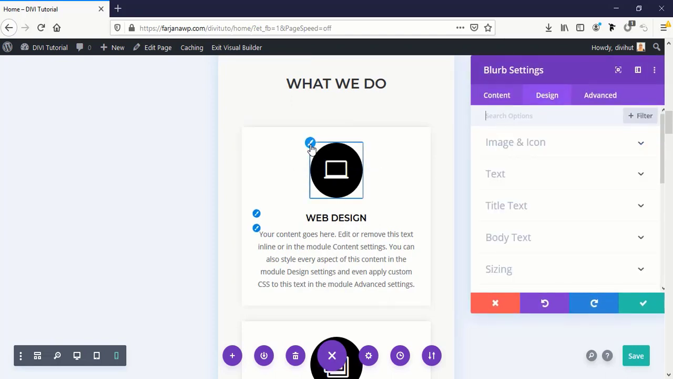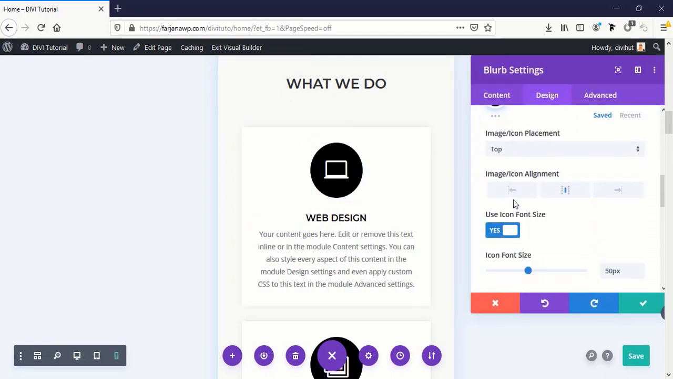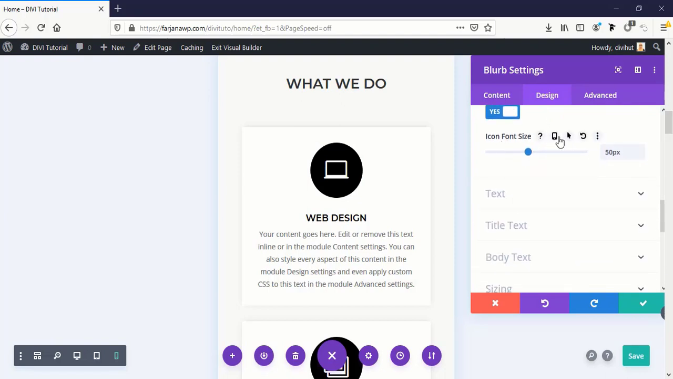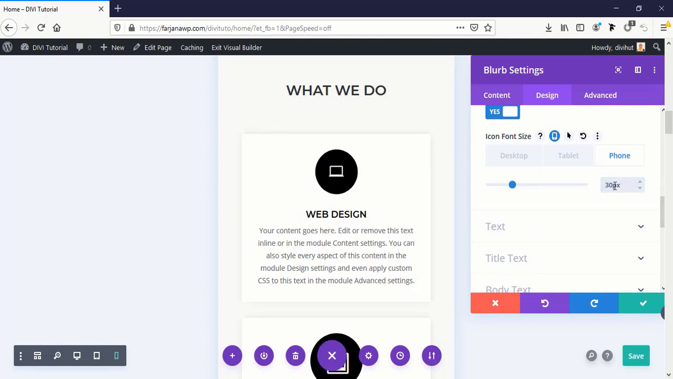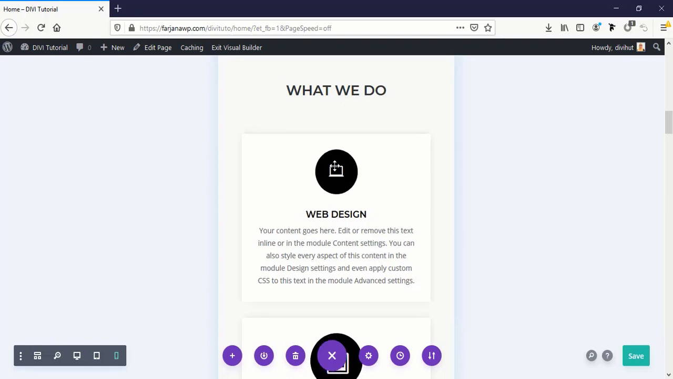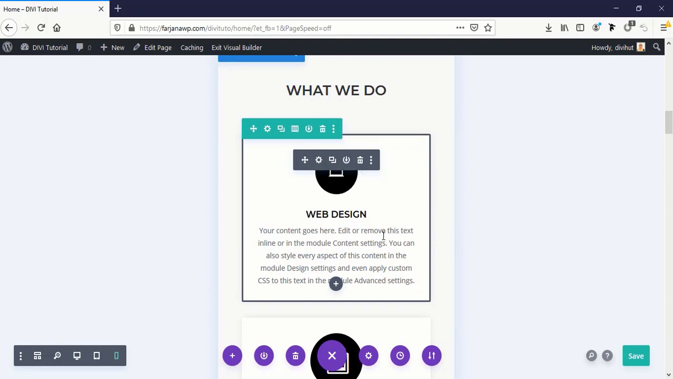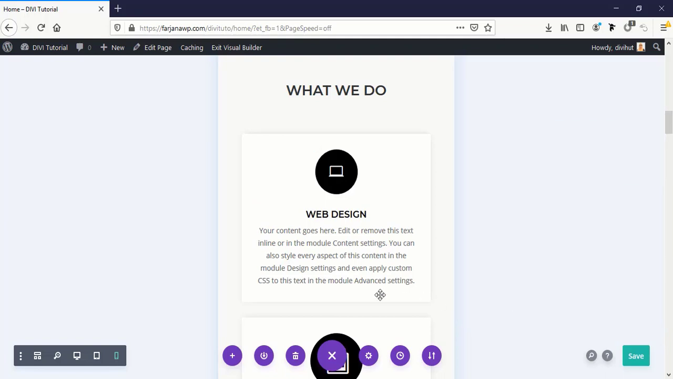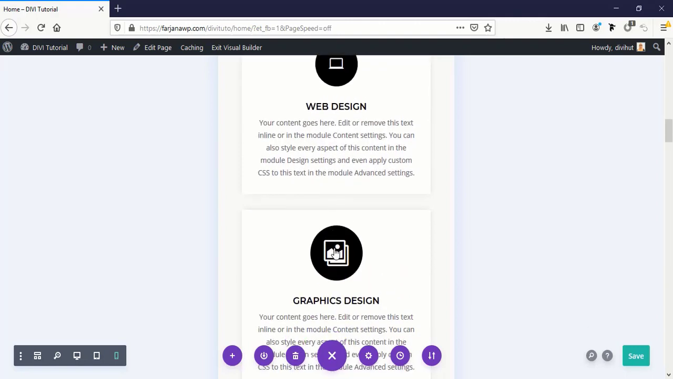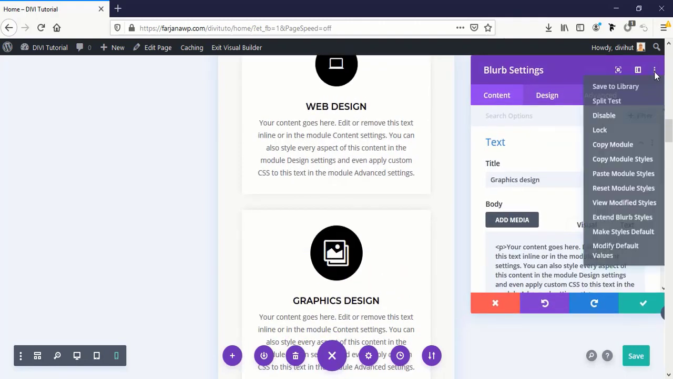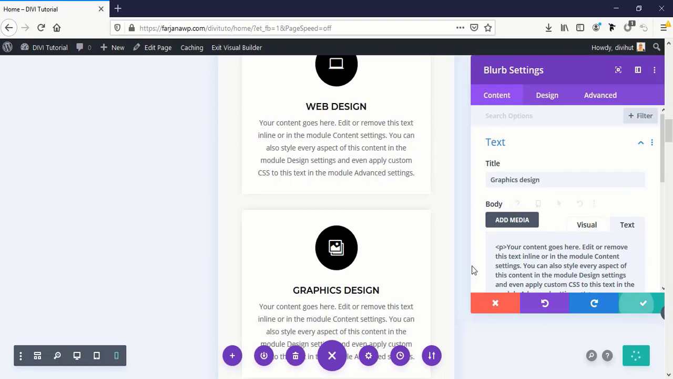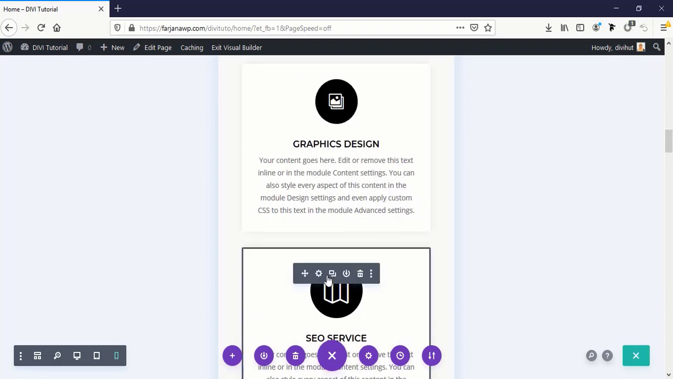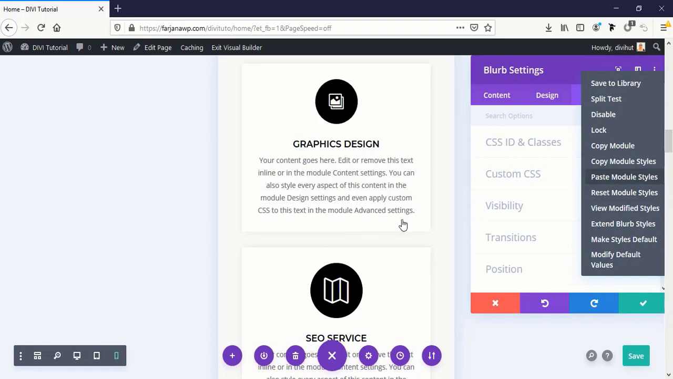I'm going to icon font size, going to phone view, making it 30 pixel. Yeah, looks good. Okay, now I'm going to copy this style, copy module style and paste it for others. Paste module style